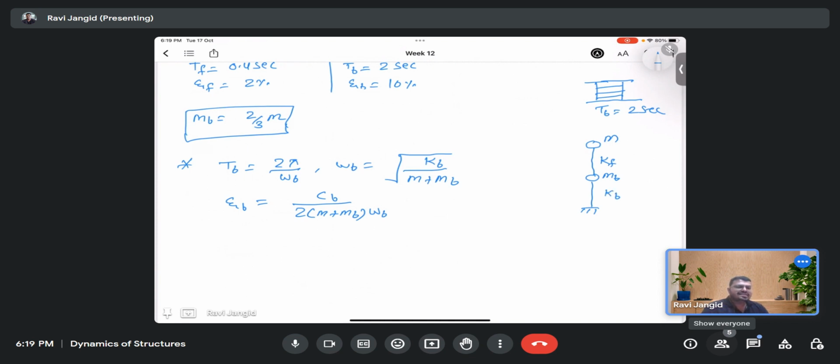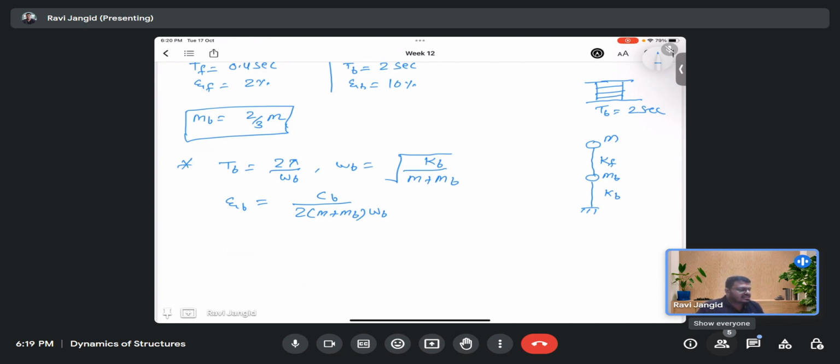Okay, so using that, we can develop a mass matrix and the stiffness matrix, where MB is given as 2 by 3 M, and the KF we will calculate. How do we calculate the KF? KB. So the KB